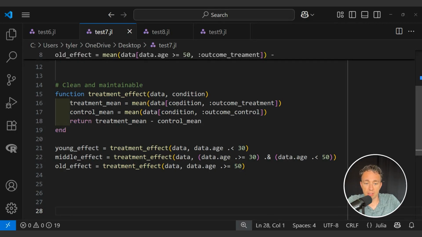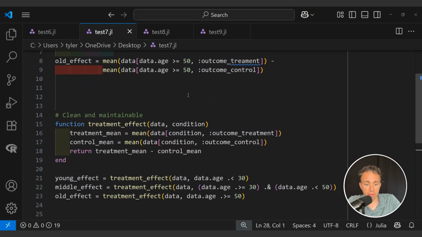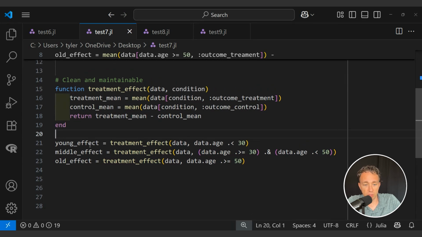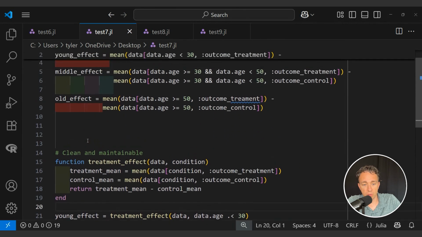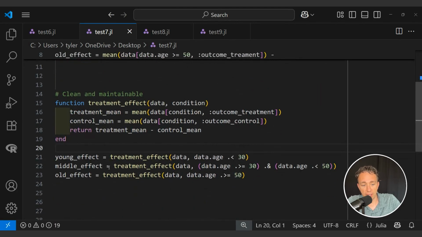So not only is the code up here repetitive because it is doing the same sort of calculation of the difference in the averages, but it's also repetitive because for the treatment and control, we have to give it the same set of rows. And so when we write this in a function, we can abstract it by just saying, okay, user, tell me the condition, and I can apply that condition equally to both the treatment vector and the control vector. And then we can get our end result in about 10 lines of code total. That's about the same number of lines of code that we had before, but it's much more structured now, and it's easy to just add a different